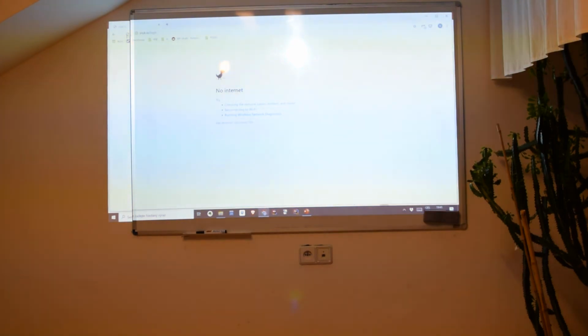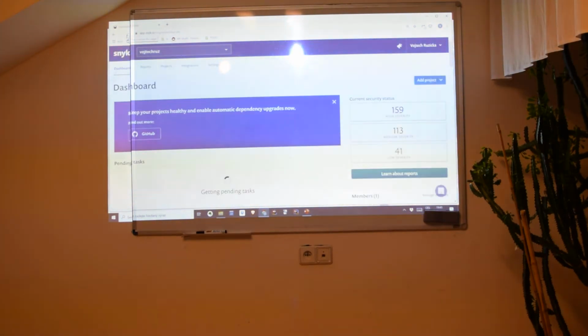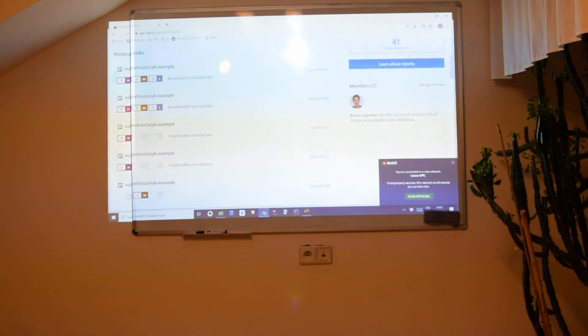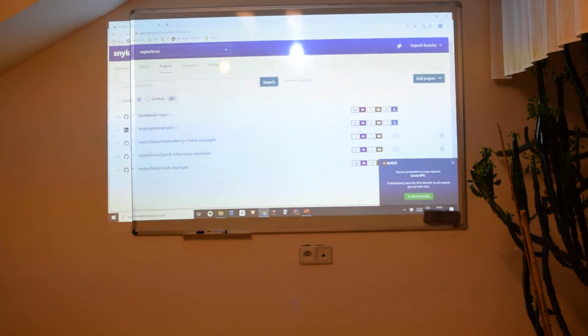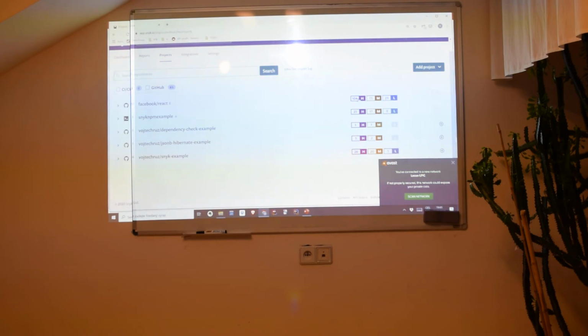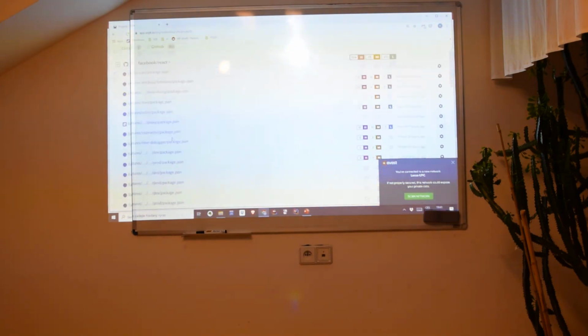Alright, let's see if it works. Alright, so here I have some dashboard, and you can see something similar to what we saw previously. So I can browse my projects here, and by the way, just yesterday I added the Facebook repository for React, if you know React, and it has 104 high severity vulnerabilities. So with public projects, you don't necessarily need to scan on your own, but I can dig deeper, and here I can see that, for example,